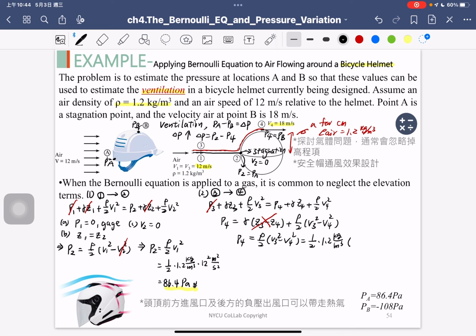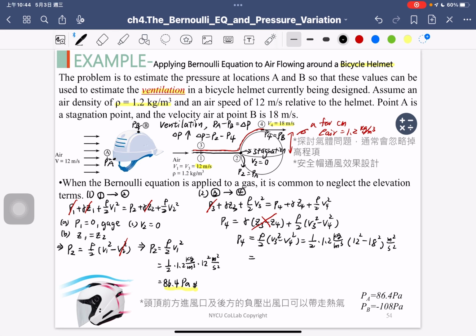And inside is 12 squared minus 18 squared, and the units are meter squared per second squared. So you can use the calculator to check the answer. Okay, I check by my side. And okay, the answer,